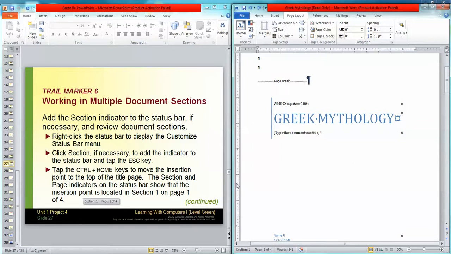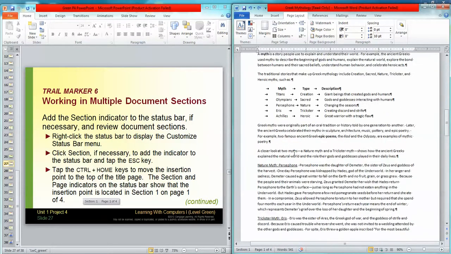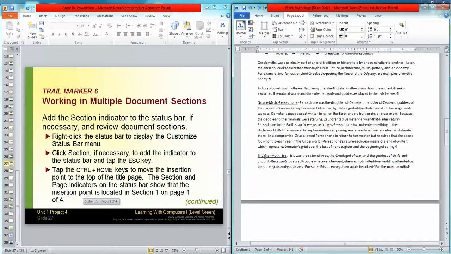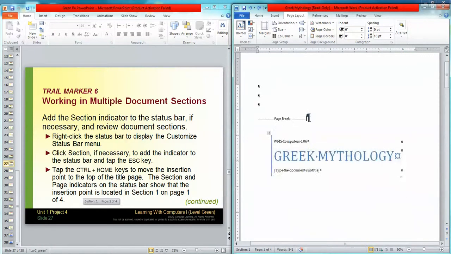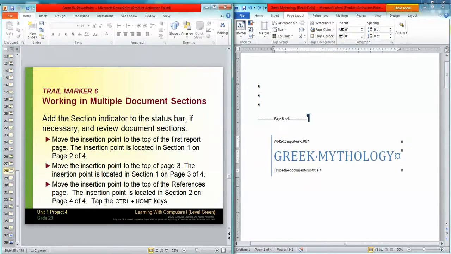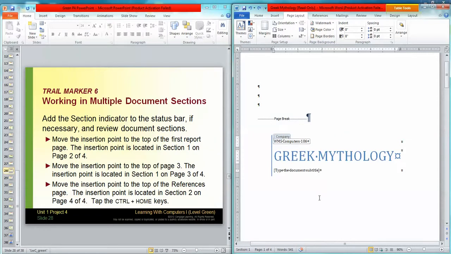All right. So I'm at the top of my document. I'm going to go down and I'm going to find Trickster. Actually, let's make sure that Control Home will get us to the top. All right, we should show Section 1, page 1 of 4. Okay. So let's scroll down